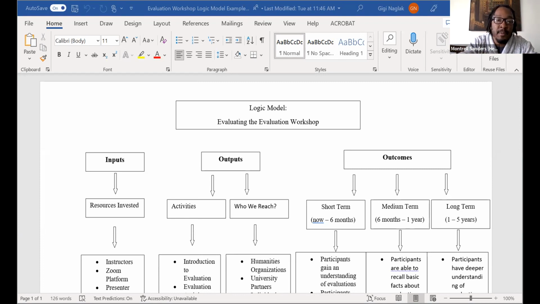So as we've stated, we could have started anywhere. We could have started with the outcomes of what we wanted to see happen, or we could start with the inputs. So in thinking about things differently, let's start backwards. So we're going to look at the outcomes. If you scroll up, Gigi,